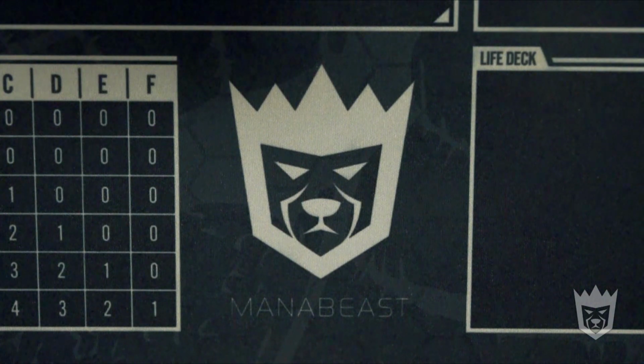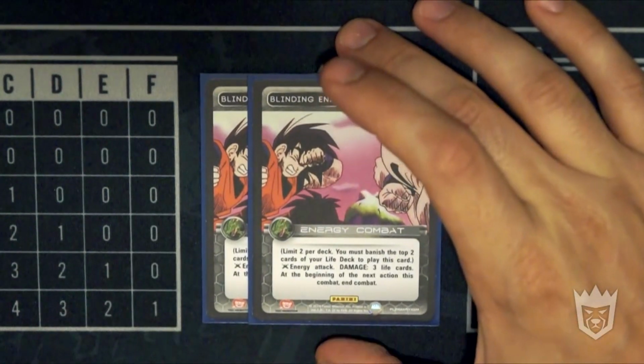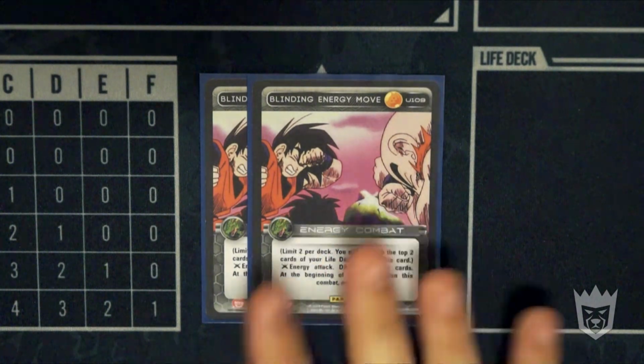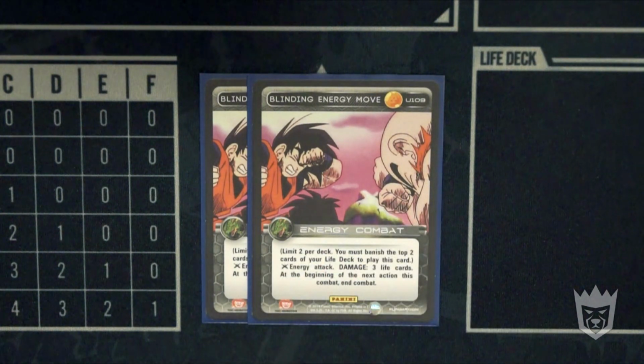We are also running 2 Blinding Energy moves, because as aggressive as we are, Blinding Energy move is the ultimate get out of jail free card. There are some cards coming out in set 6, of course, that say, hey, you can't end combat. And there is the Blue Battle Drill that doesn't allow you to end combat, but not a lot of people run that. Not a very common card to see in this meta. So for me, this is a great card to hold on to if I don't have a time, if I don't have a block, just one of those cards that really disrupts your opponent when they have that perfect combat,